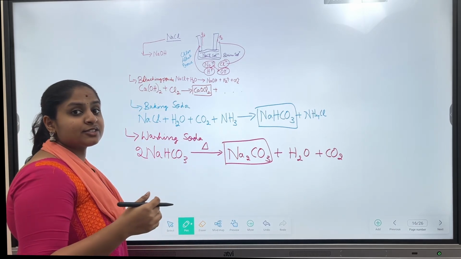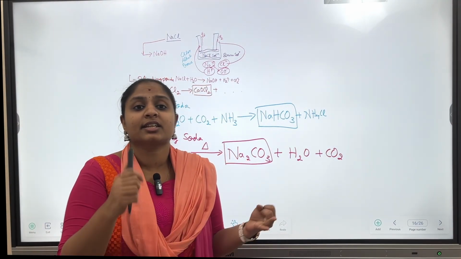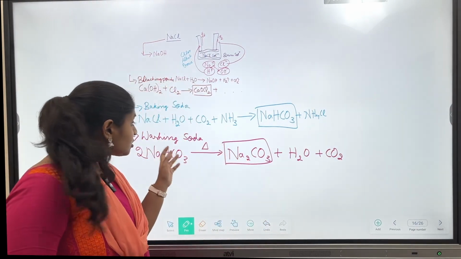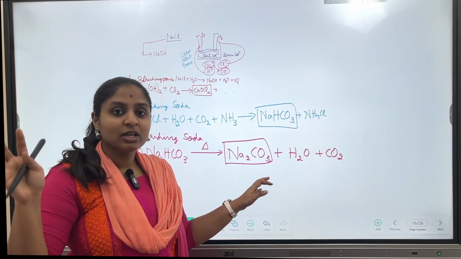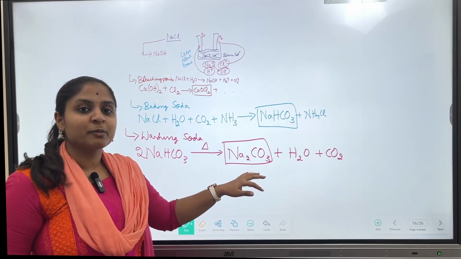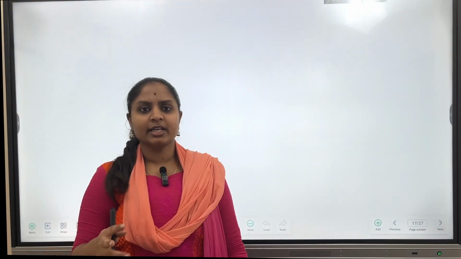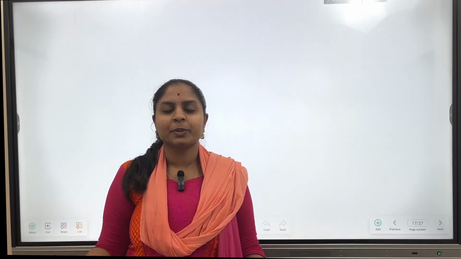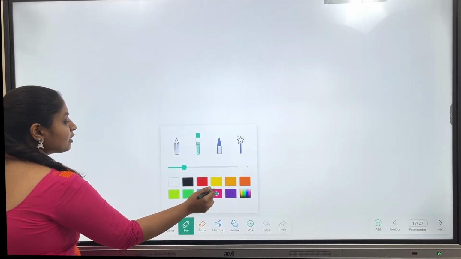Washing soda is again very important because it has a lot of applications in the textile industry and paper industry. It also has the capacity to remove hardness from water, like permanent hardness. Permanent hardness can be removed by washing soda. When we keep this washing soda, Na2CO3, open, it will absorb water molecules from the surroundings and form